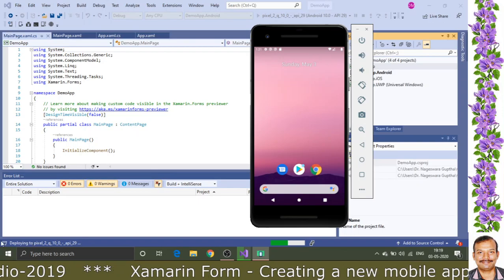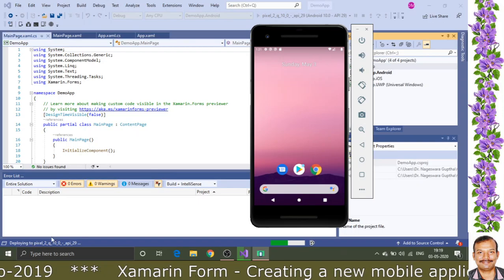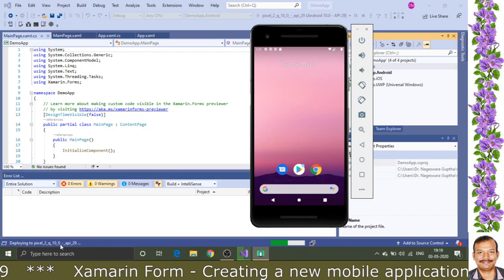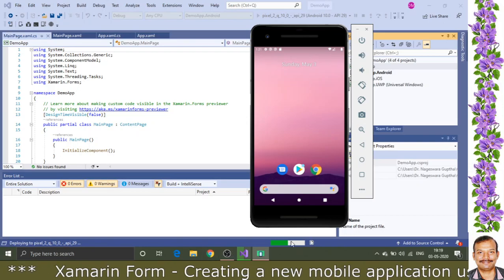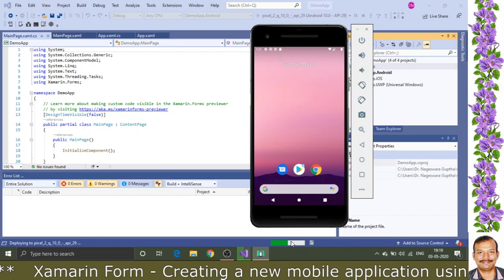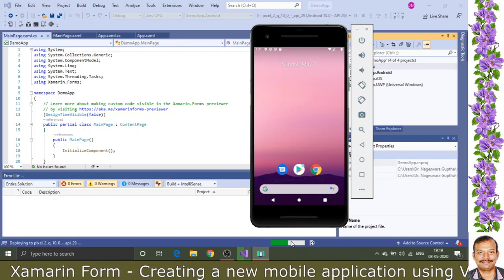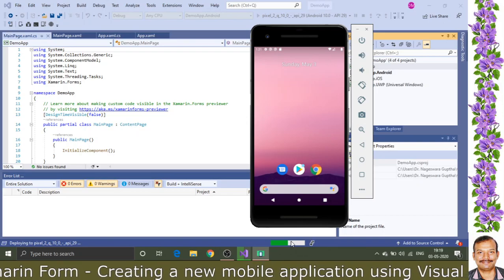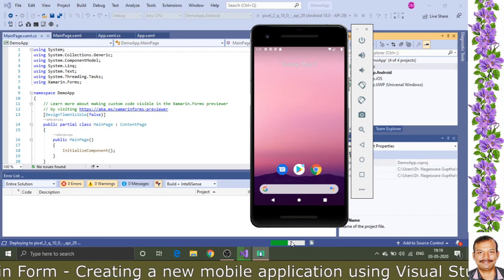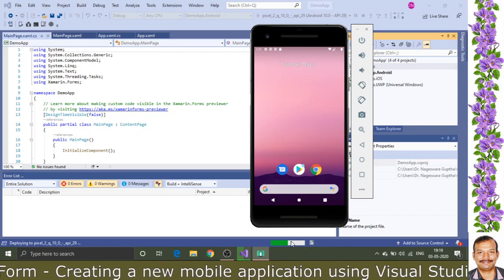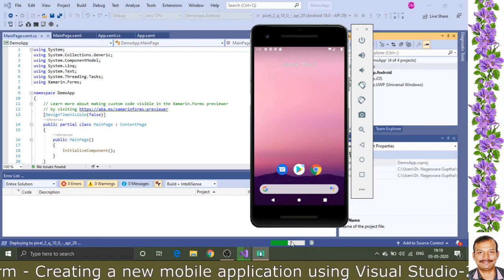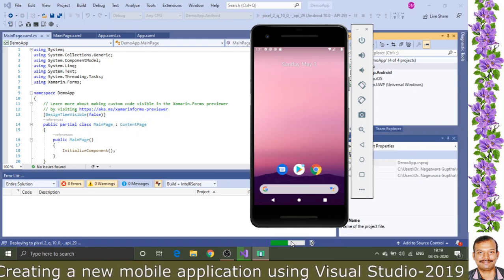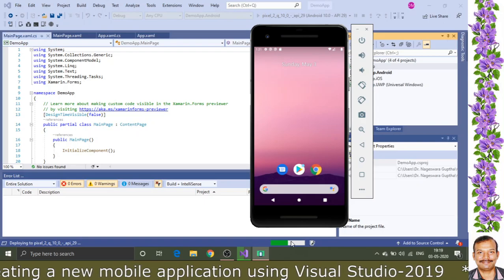In the bottom left corner you got the message, not the output, deploying to Pixel 2, and 50% has been completed, similar to the one we got for the Universal Windows Platform. For the first time it will take some time. After that, whatever addition or modification you make, the output will be very fast, not as slow as in the current scenario that we are experiencing now.